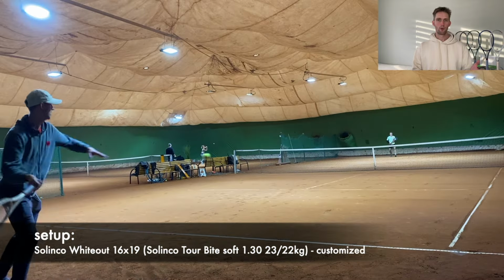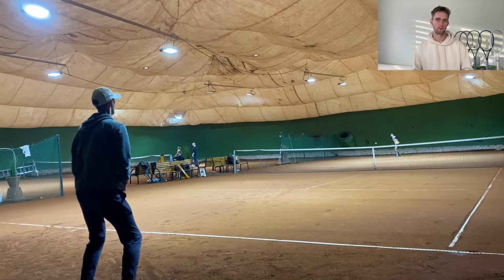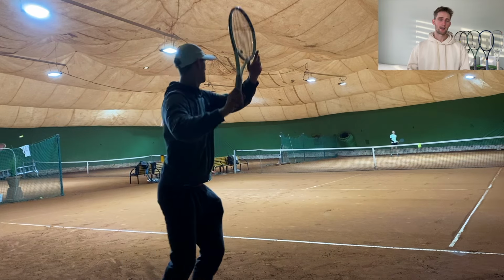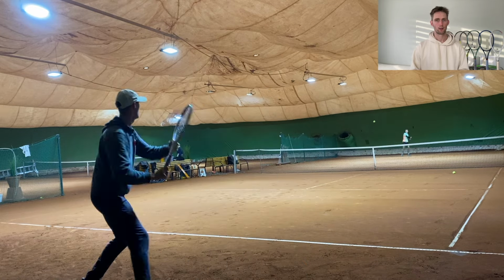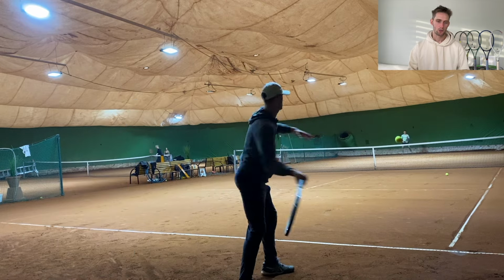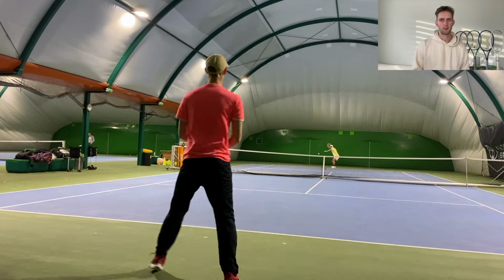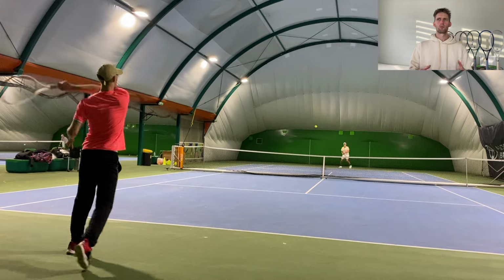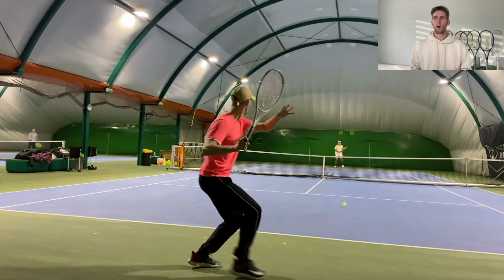So stock to stock form, the differences are quite obvious. The Whiteout is much faster and lighter in feel. The Vcore 98 Tour is one of the heaviest from the Yonex catalog, next to the Percept 97H, which I also tried. I prefer the Vcore 98 Tour over the Percept 97H. It's just a bit easier to use, and somehow the Vcore 98 Tour and the ISO 98 Tour are quite easy